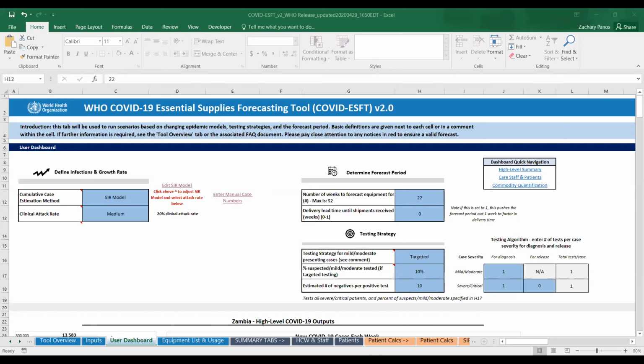The one area, of course, where we would stress a little bit more communication and a little bit more thinking is on the case cumulative estimation cell, which actually is in front of us right now on screen in cell C12. And the selection of various parameters here could greatly change or vary the number of patients estimated over time. So careful thought needs to be put there. Thanks for the question.